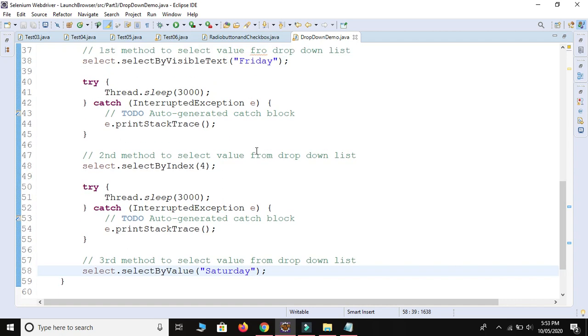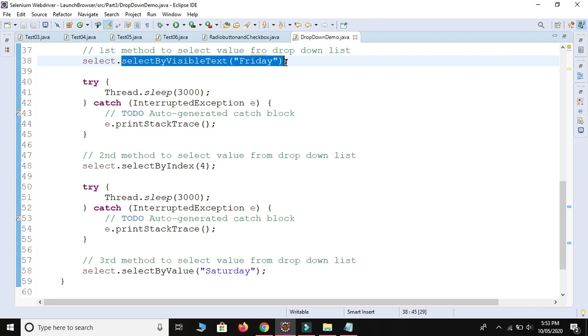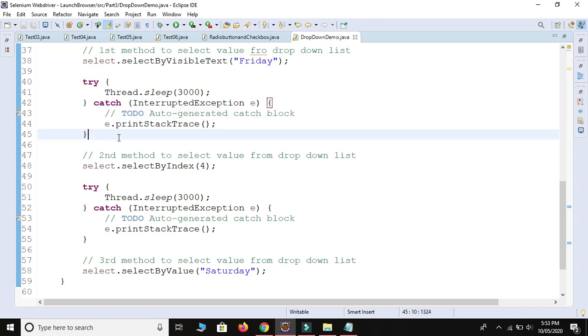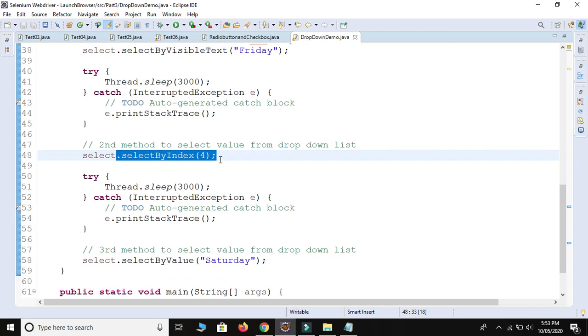So it selects first sub element Friday with the help of this method, select by visible text. Okay, after selecting Friday, it will wait for 3 seconds, and then it will select our second sub element with the help of the second method, select by index. So it will select Wednesday.